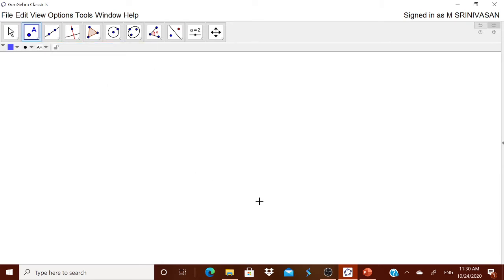I have selected point. I am putting the point over here. Now this point you can move anywhere. Remember, whenever you are putting a point or a line, if you use any tool, it is always advisable to click this move so that you will come out of that option. Otherwise, the better option is you can press the escape button in your keyboard. That is always convenient for you.